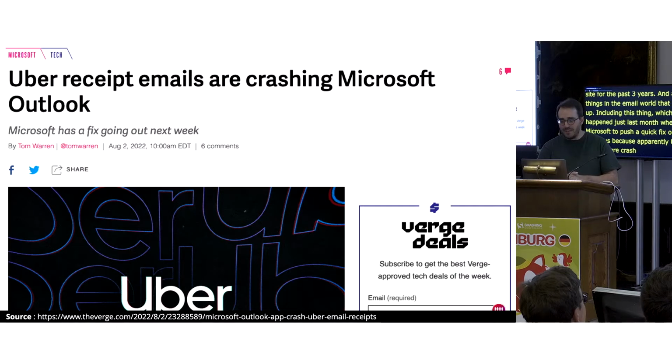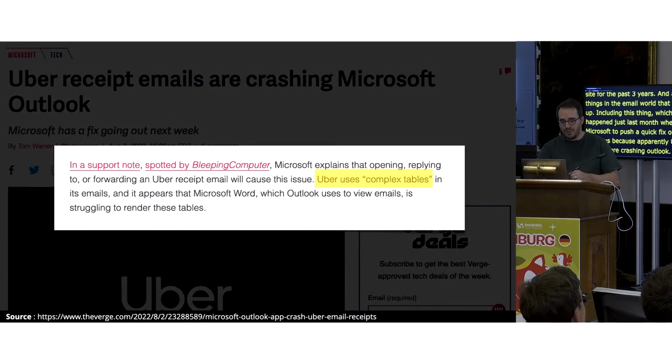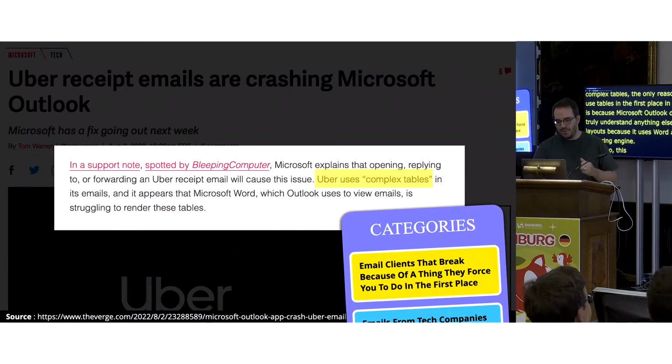And the official reason for Microsoft was because the emails used complex tables, which is hilarious to me because the only reason we use tables in the first place in emails is because Microsoft Outlook doesn't really understand anything else for layouts because it uses Word as a rendering engine. And so this really falls at the top of my favorite examples in the category of email clients that break because of a thing they force you to do in the first place.